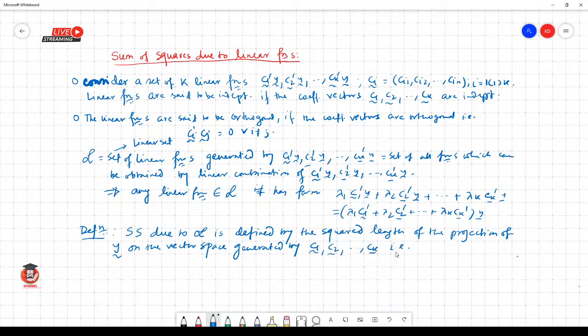That is, SS due to script tail is equal to